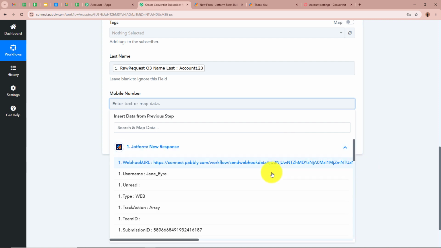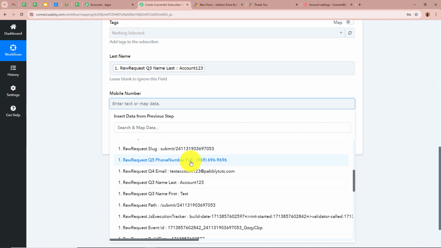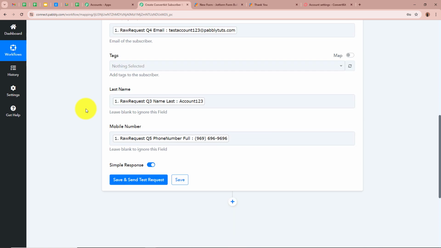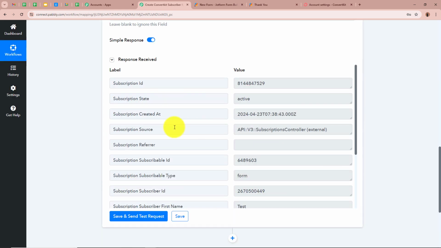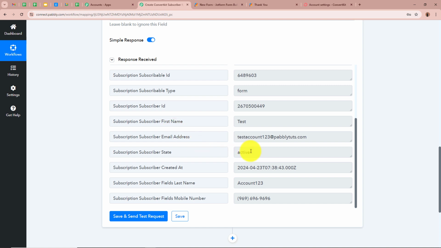Click right over here. Click on this arrow right over here. We're going to map the data for the mobile number right over here. After filling all the details, we're going to click on save and send test request. As you can see right over here, the response is received, and the response that we have received is a